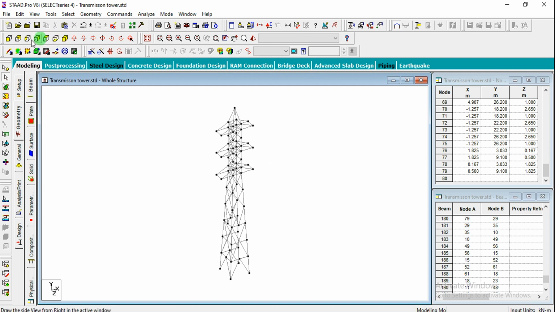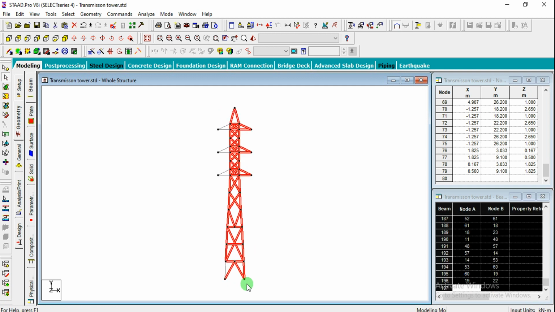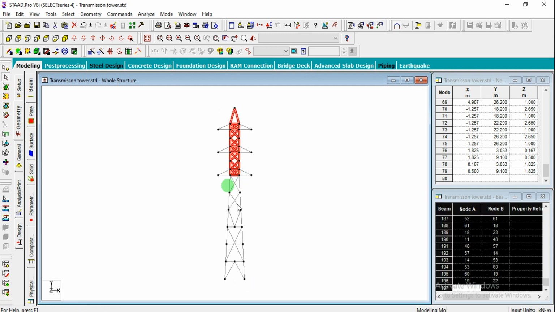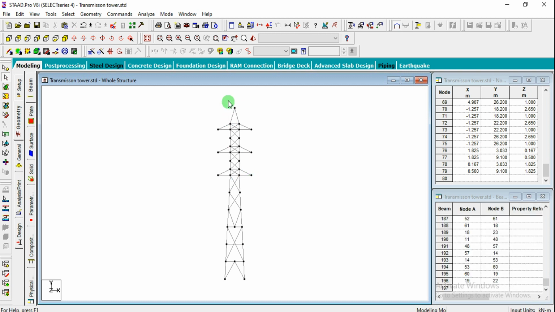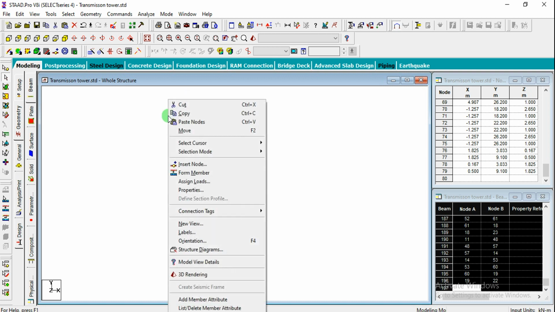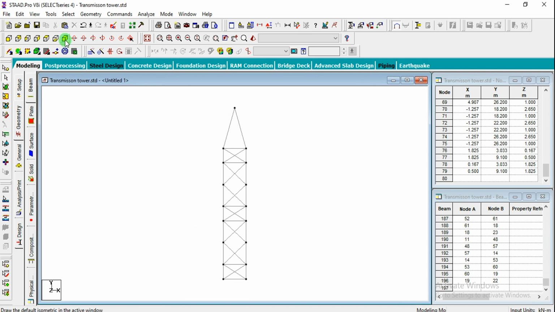And similarly this total has to be mirrored towards left side also. So again just I'm going to separate the view like this. So just select gently only the portion we want there. So I'm just going to select this part. First we'll deal with this. Right click, new view, and click on OK. And going for 3D view.